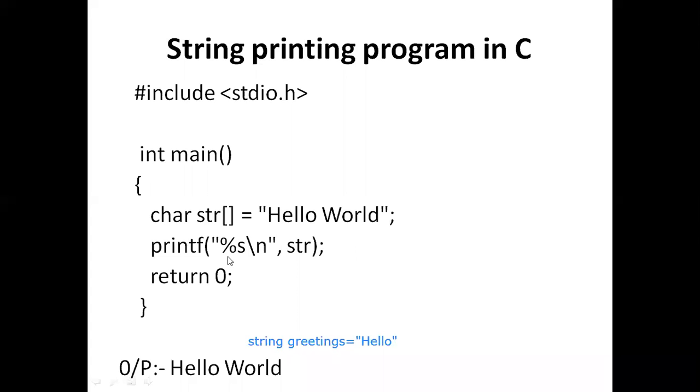You can see, in the previous lessons when you learned about C, %d means if I want to print any integer, I use that %d. If I want to print any character, I use %c. But if I want to print any string, that is an array of characters, I can just write %s. And if I mention str, that means the string name. If I mention the string name, the name of the array of characters str, then automatically the whole array